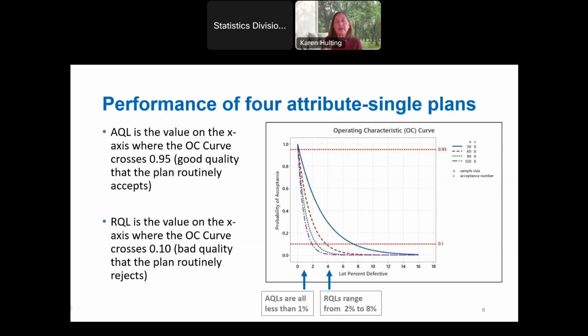LTPDs, while they're never as satisfying as we'd like them to be, we at least need to know what they are, right? If the LTPD is 50%, you sure want to know that. You want to know that my lot has to get all the way to half good, half bad before I have a chance of detecting it. That's the LTPD for single digit sample sizes. And so for a high risk product, you want to have LTPDs that are as low as you can afford. And then you usually have to be satisfied with LTPDs that are higher than you'd like them to be.